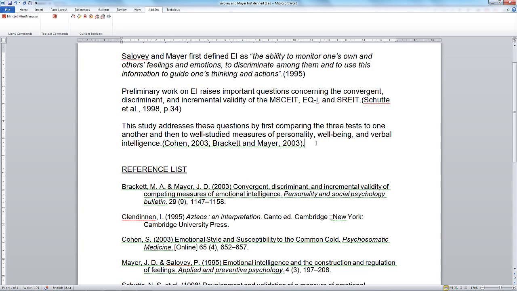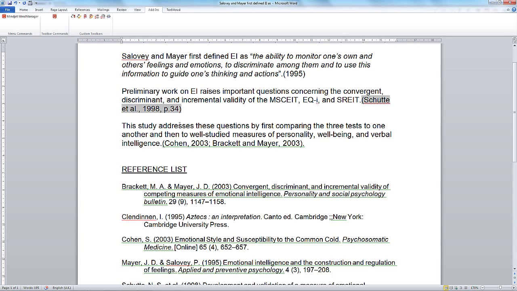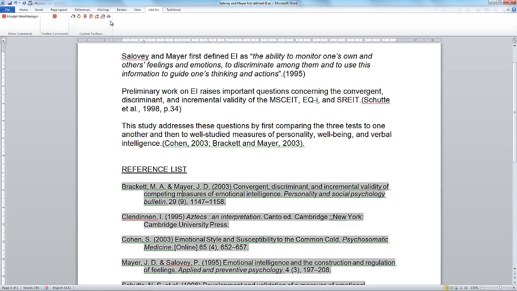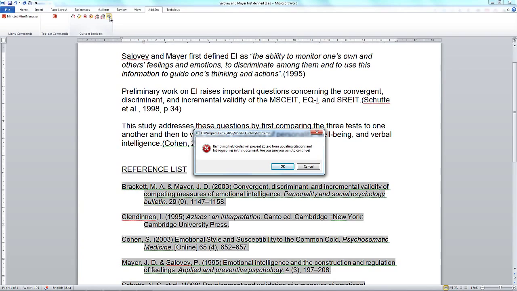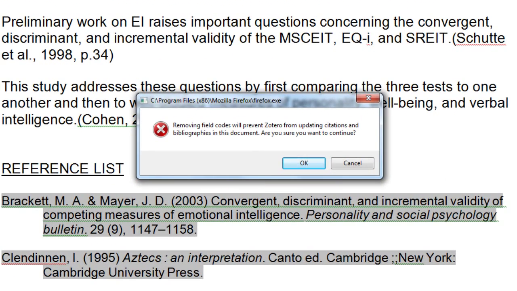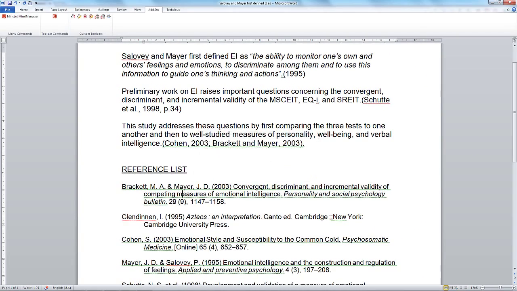Now what I'm going to show you is something that you only want to use if you really are stuck in that kind of situation. You need to make minor edits to the way this reference list looks, or to the citations themselves. So that is this final button in the Zotero bar here, and that is the Remove Codes button. Now if I click on this, it's given me this warning message saying that removing these codes will prevent Zotero from updating citations. So you should only use this as a last ditch attempt, because when I click on OK,